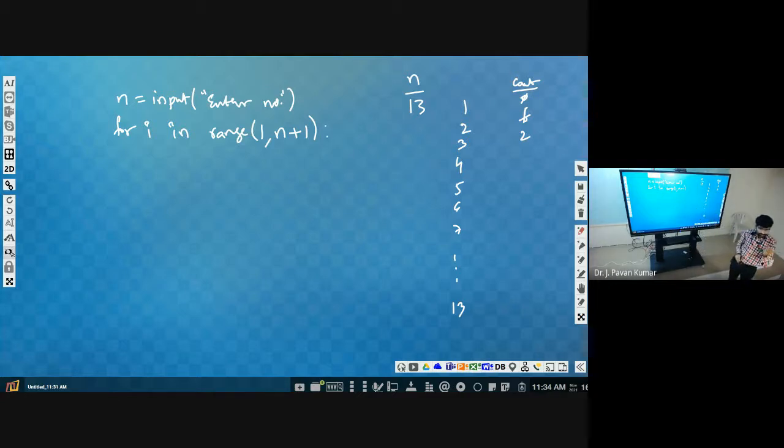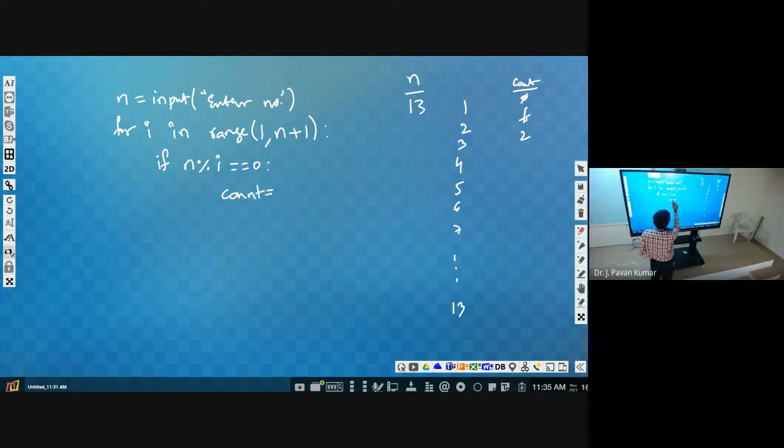Then what we have to do? We have to divide n with 1, n with 2, n with 3. What are that 1, 2, 3? It is nothing but i. So we have to divide n with i. Then we have to check whether this is equal to 0 or not. That is, whenever n mod i is 0, then we can say i is a factor. So we have to check this. Whenever this condition is true, we have to increment the count value.